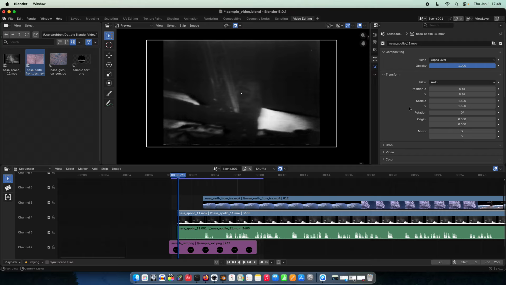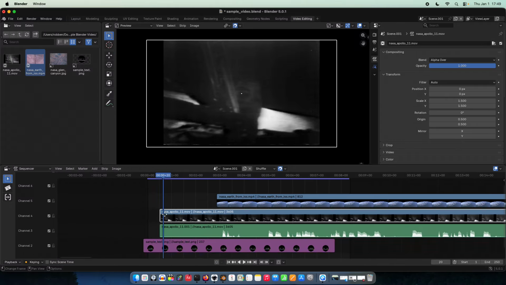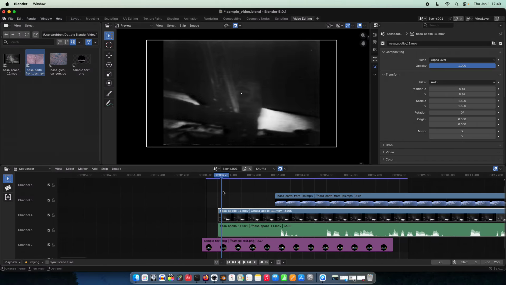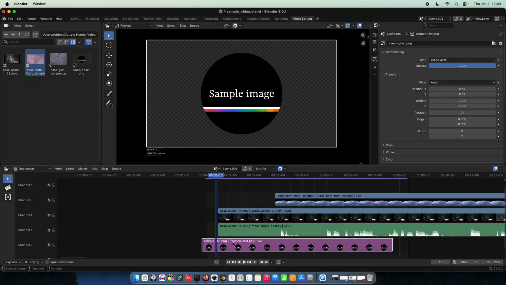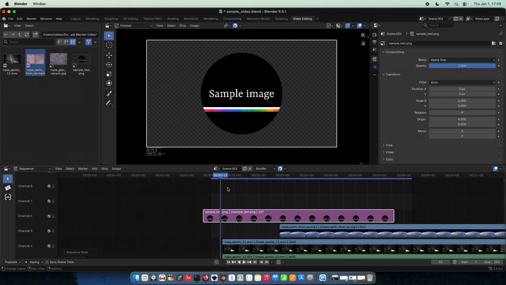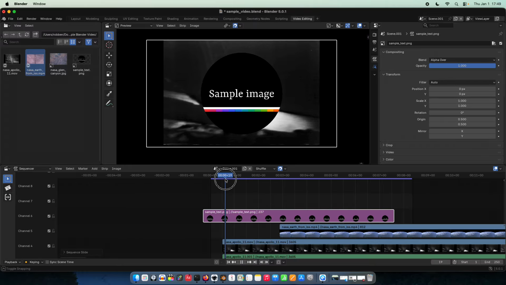Now, each of these properties in Blender can be changed in time. And the way you do that is by creating a keyframe. So this is what makes Blender a powerful video editor. For example, if I wanted to take this sample text image, and maybe I'll put this on top, if I wanted this to fly into the video and change transparency with time, for example, I could choose a property